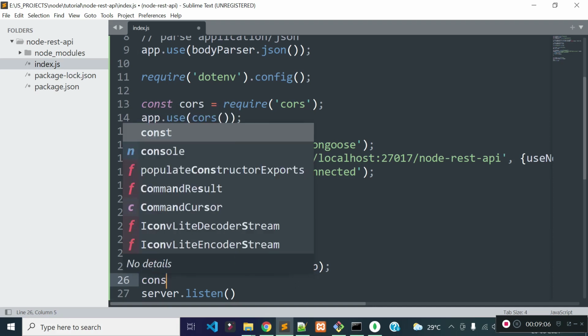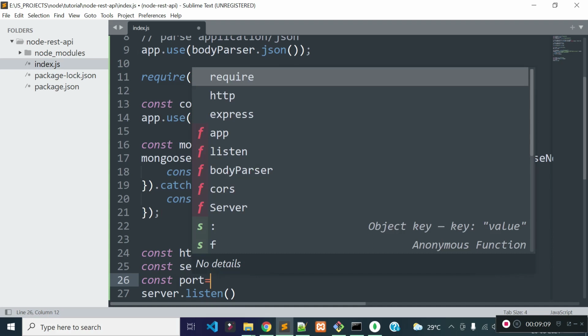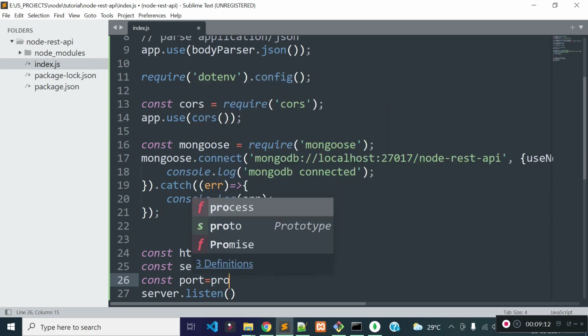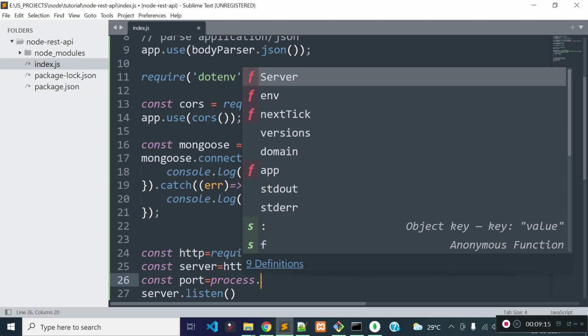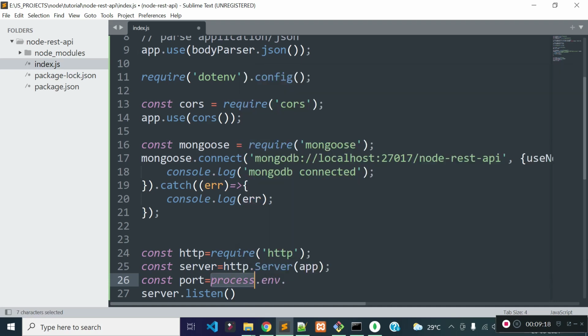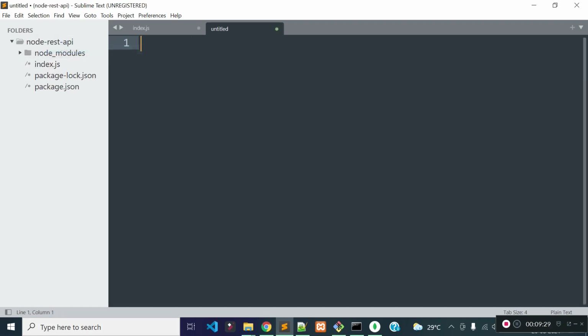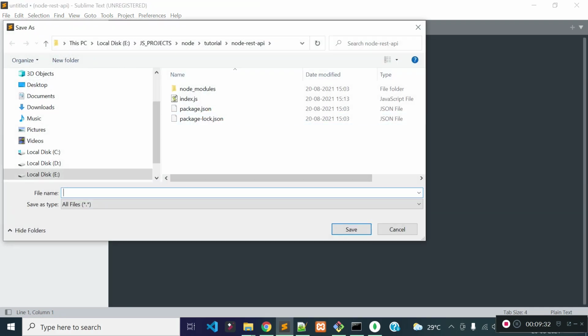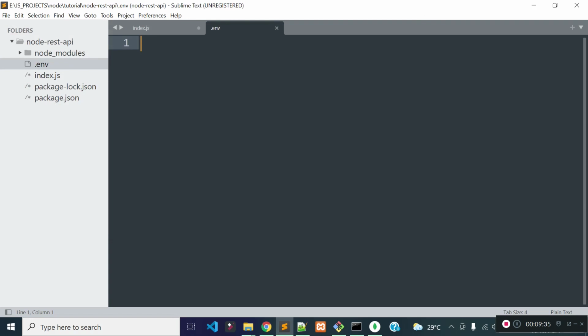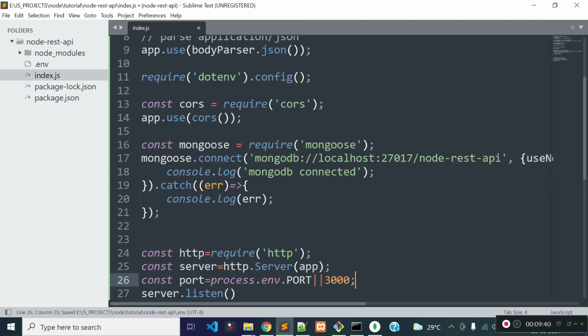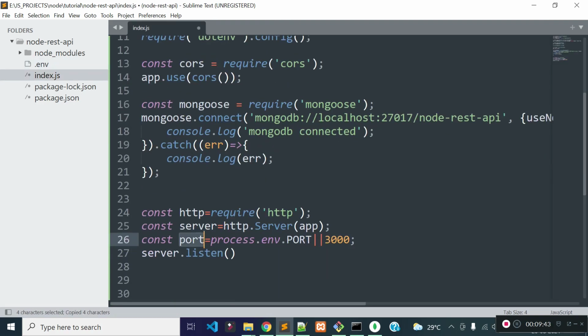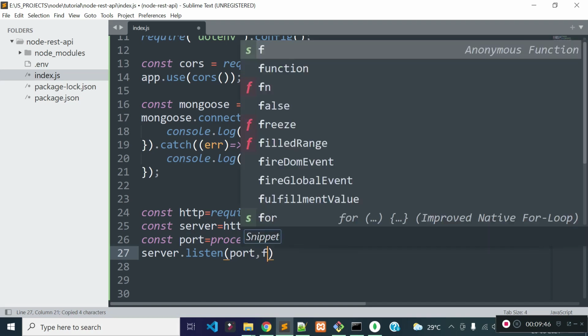So let's create a variable called port, and we can get the port from our env file with the help of process.env and then the variable name, and if no port is defined inside our .env file, then the default port will be 3000. Okay, now let's create a file called .env inside our project folder, and then let's create a variable called port, and the value will be 4000. Save this file, and then inside this listen method let's provide the port, and then let's provide a callback method,